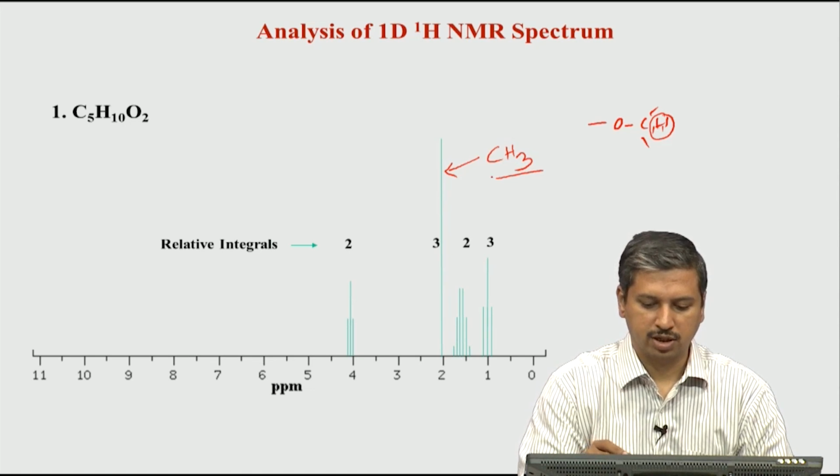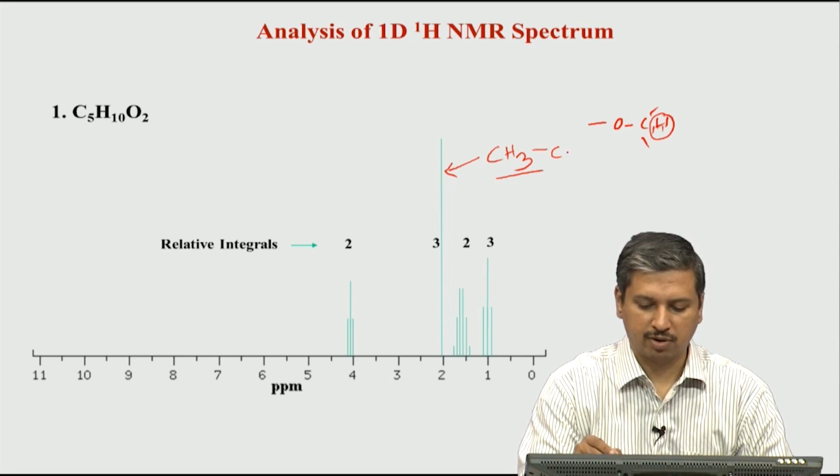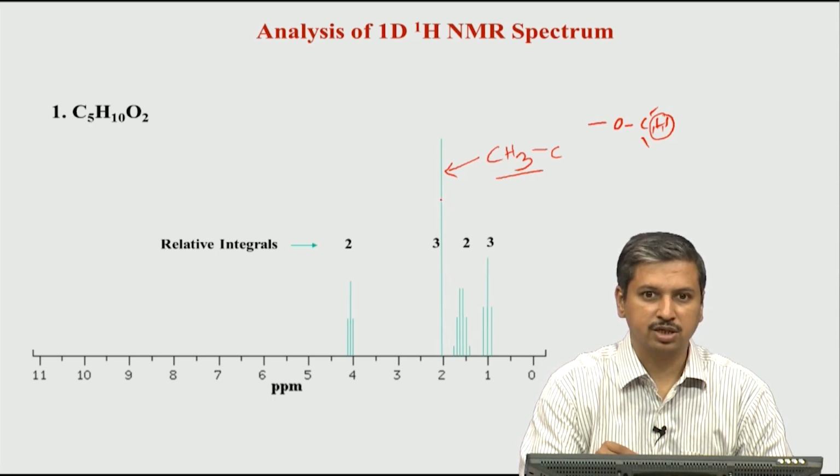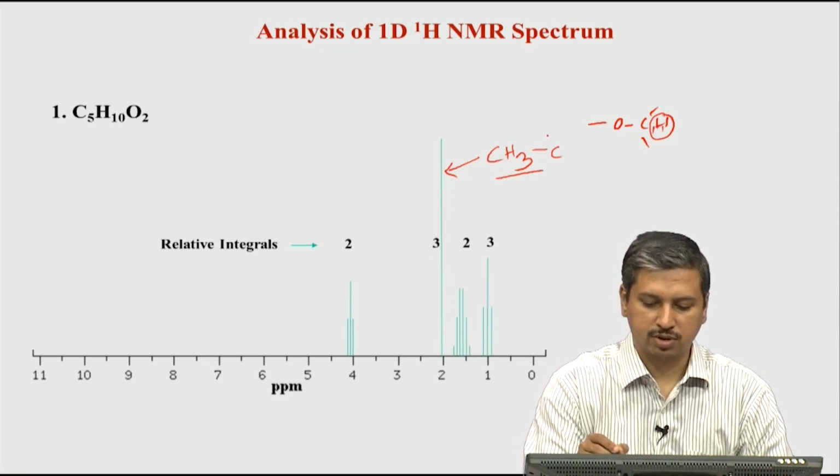So that means it is not coupled to any protons. What that means is that this is most likely attached to a carbon, and this carbon does not have any hydrogens, because if it had a hydrogen, in that case it would have got coupled to that hydrogen and this would not have been a singlet. The fact that this peak is a singlet means that it is attached to a CO,